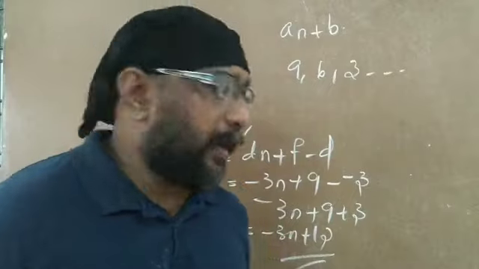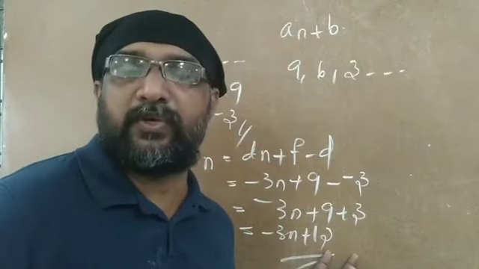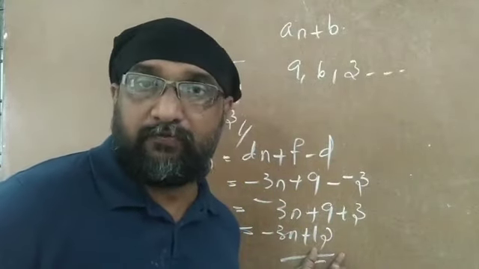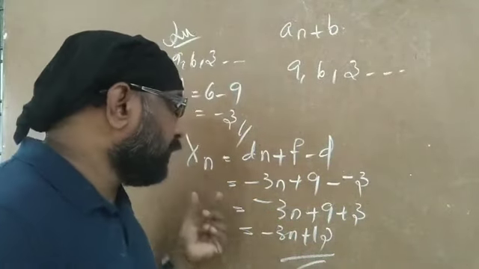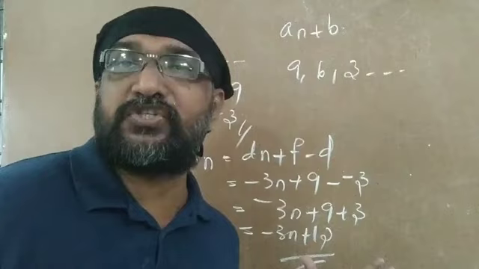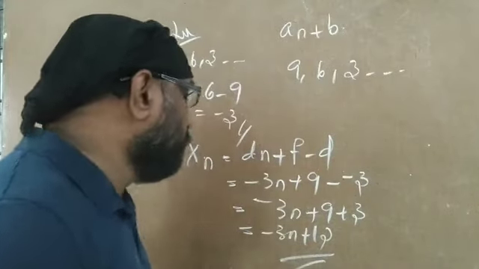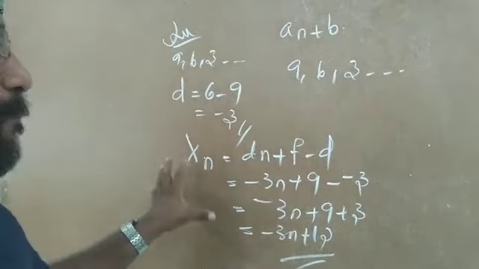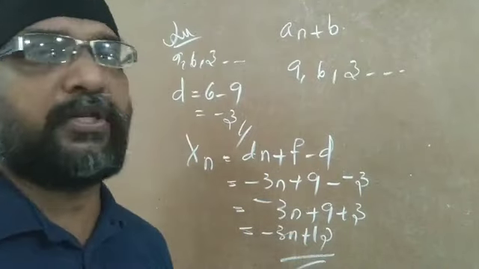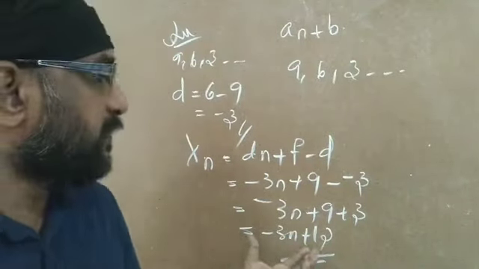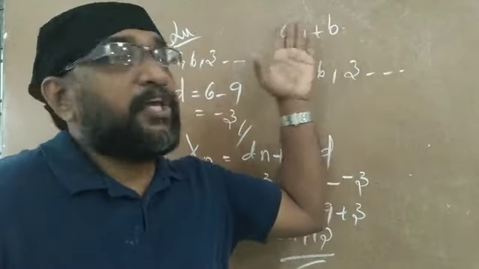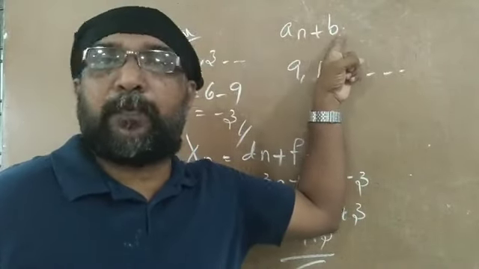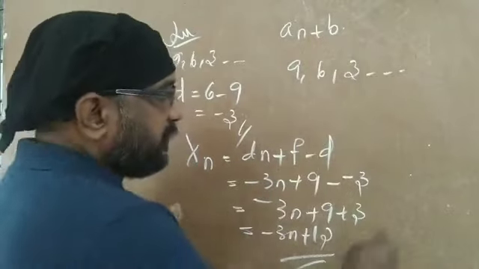You can never add negative 3 and 12 here because there is no n with 12. Only like terms can be added. So xn is equal to negative 3n plus 12 is the algebraic expression or algebraic form of this arithmetic sequence. But from this, how can you find out the value of a and b? Given the algebraic form is an plus b. So you have to just write